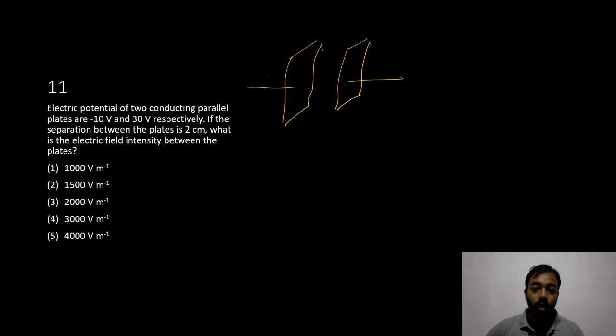which are connected to an external power source, and here if this is the positive charge plate and this is the negative charge plate, an electric field will be created in between these two plates like this, and let the electric field intensity of this field be E. So if the potential here is V2 and potential here is V1, so V2 is greater than V1,